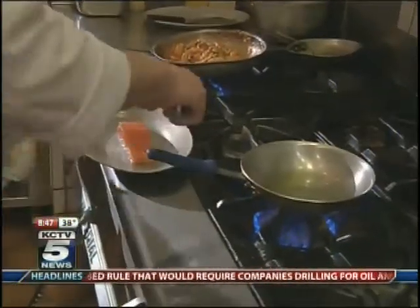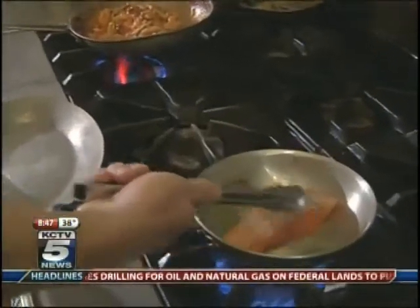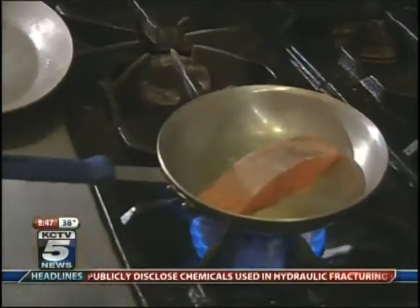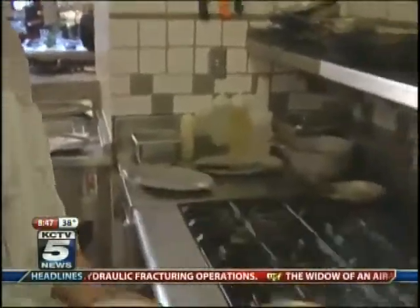Okay, so when we're putting the salmon together, what is the first thing that we need to do? Well, the first thing that we need to do is probably just pan sear the salmon. Bring whatever size salmon that you may have, whatever your preference is for the size of the protein, and just lightly saute it in a saute pan with just a little bit of olive oil. You want to start with a nice hot pan, get a nice crust on it, and then we're just going to turn it over, turn the heat down a little bit, and then cook it